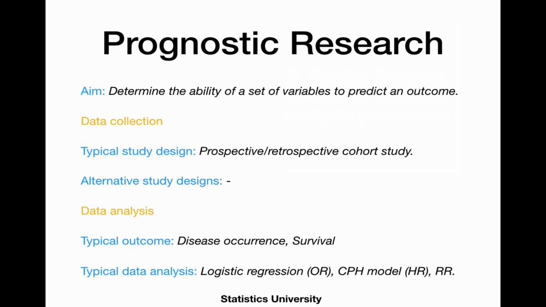The aim of prognostic research is to determine the ability of a set of variables to predict an outcome. As a typical study design, a prospective or retrospective cohort study is used to eventually study disease occurrence measures or survival as outcome measures, and the analysis type usually includes multivariable regression modeling with models like logistic regression resulting in odds ratios, Cox proportional hazards models resulting in hazards ratios, and less often Poisson regression models resulting in rate